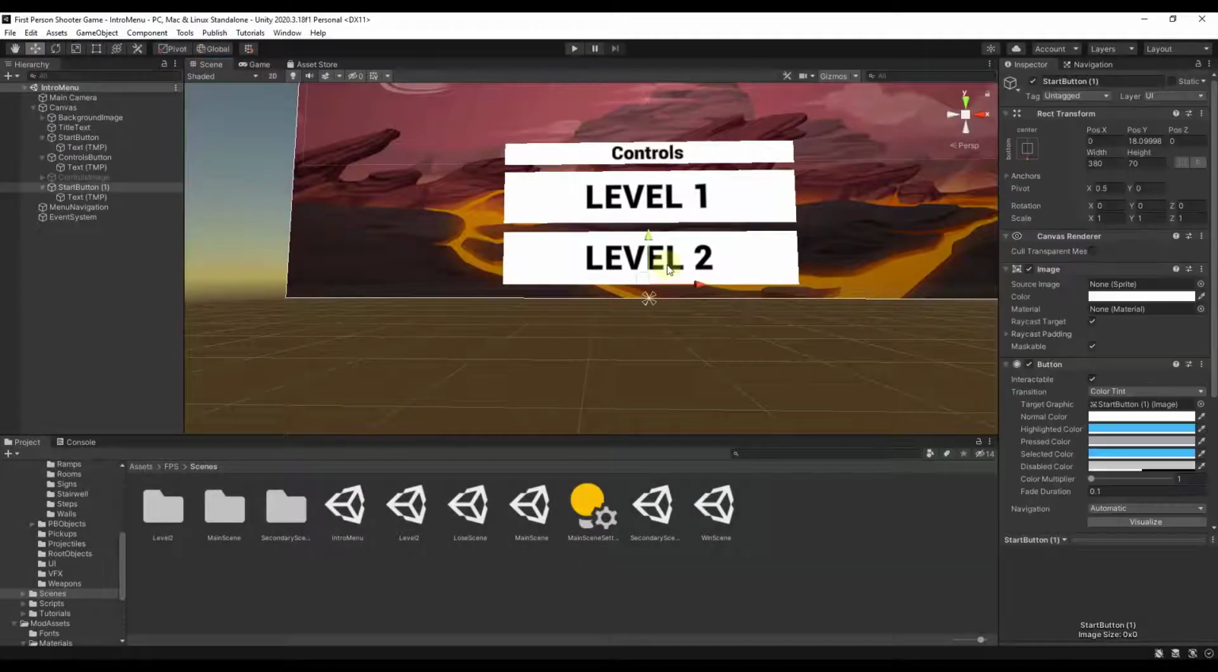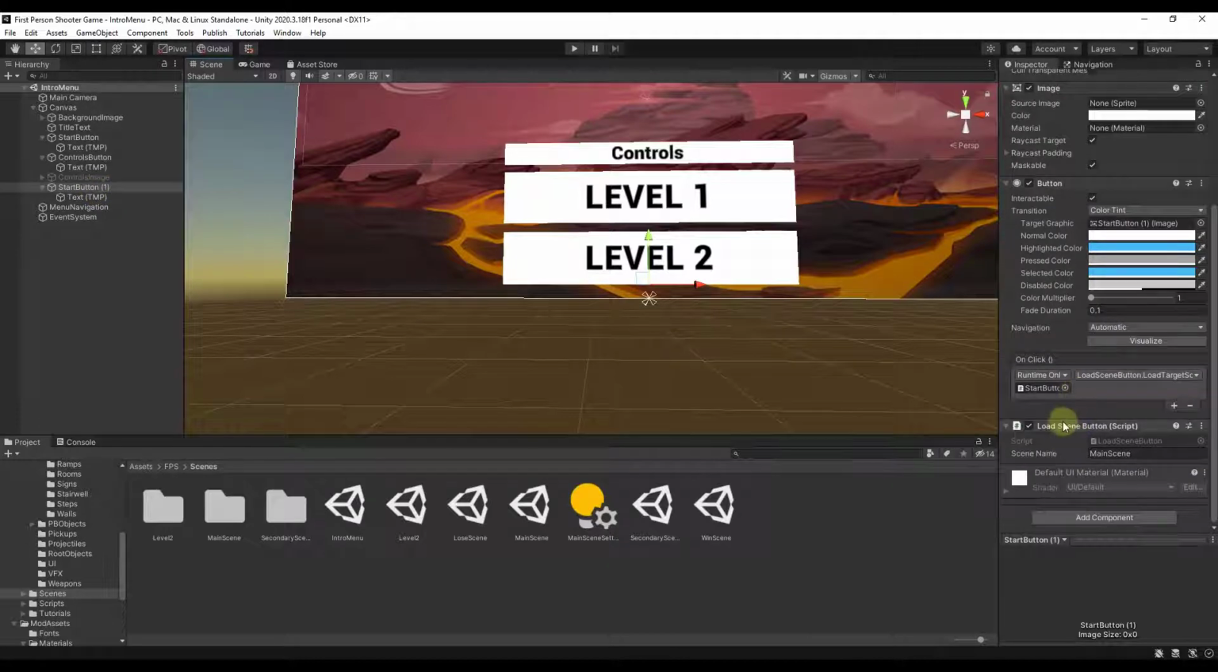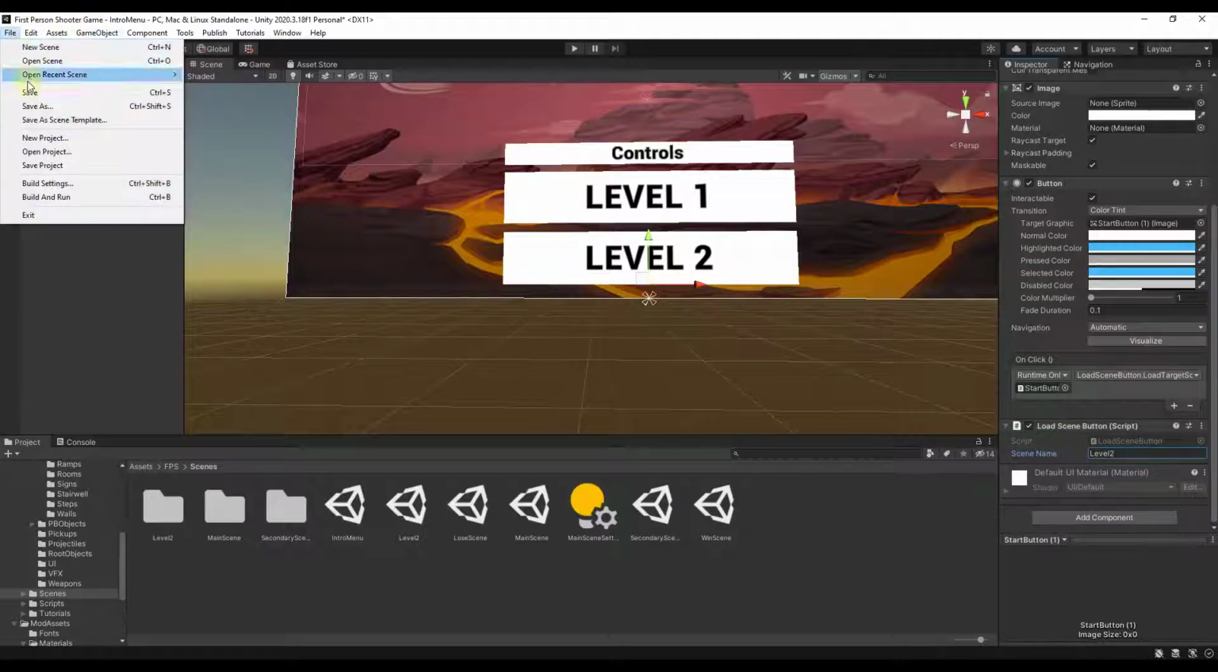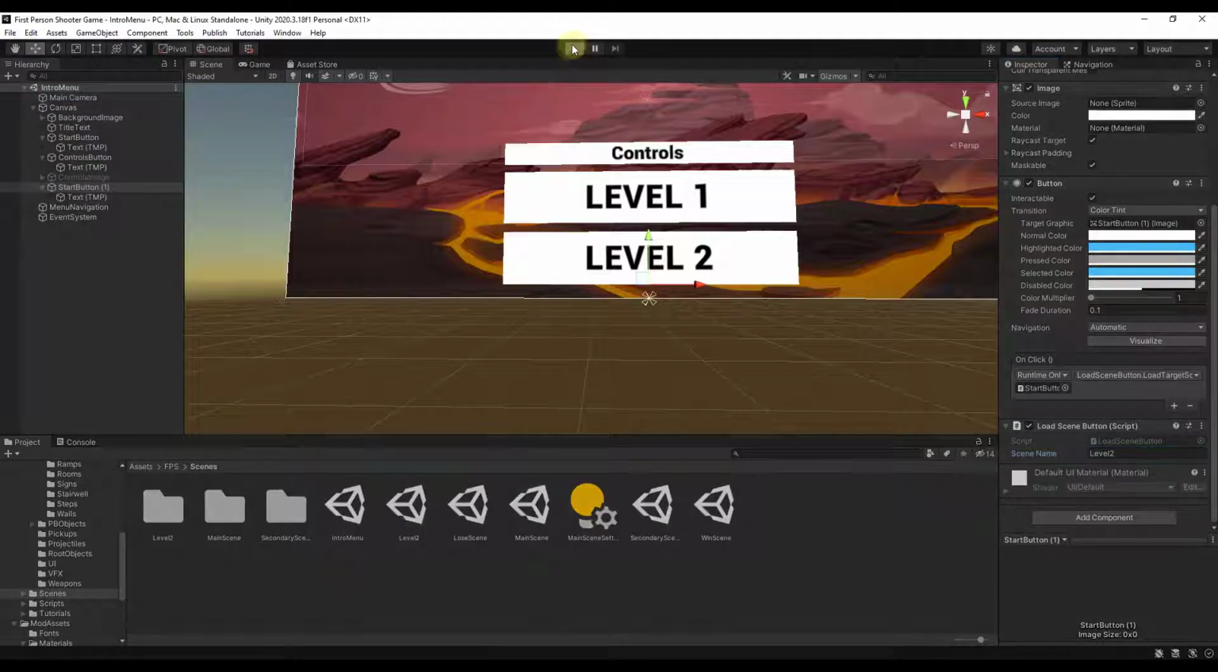Well, all we need to do to adjust that is go into the script right here, the load scene button script. And for level 2, instead of main scene, we want to tell it to load the level 2 scene. So if I hit the enter key and save this, now